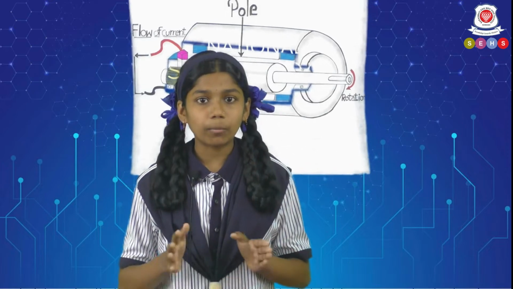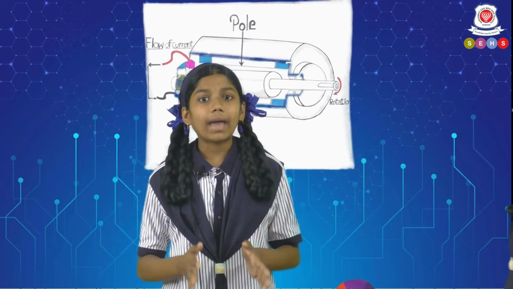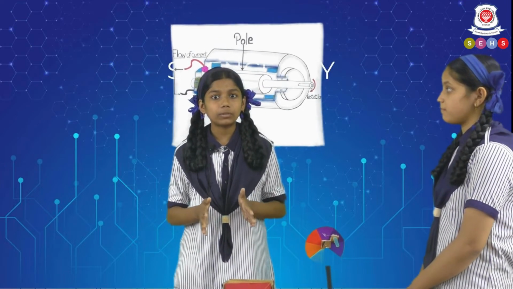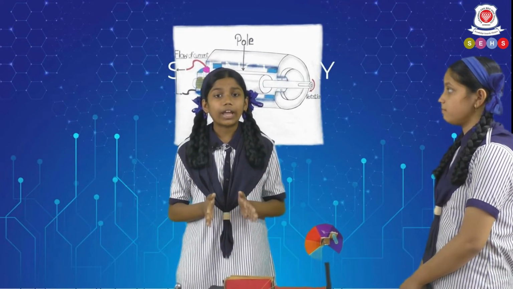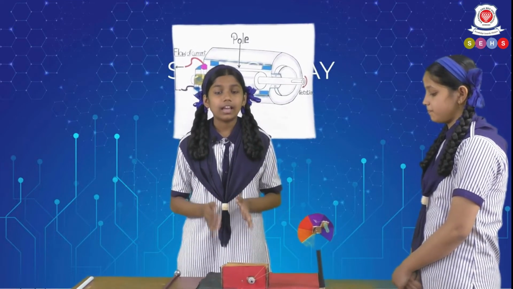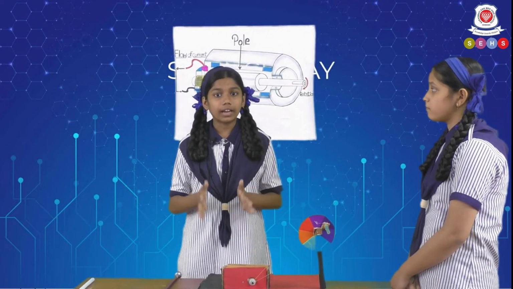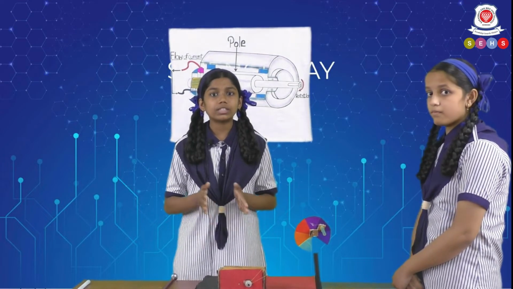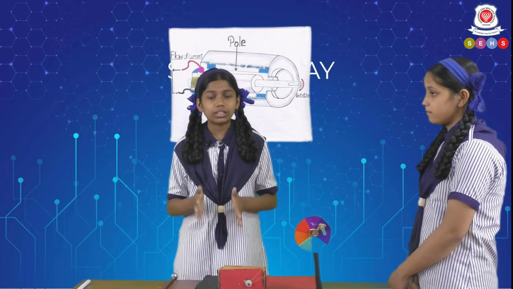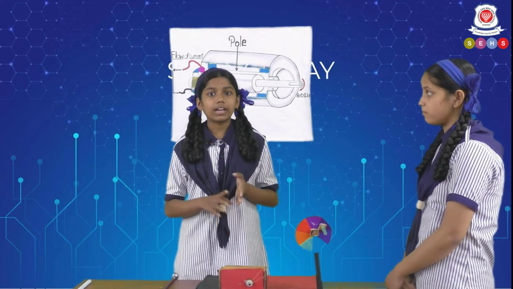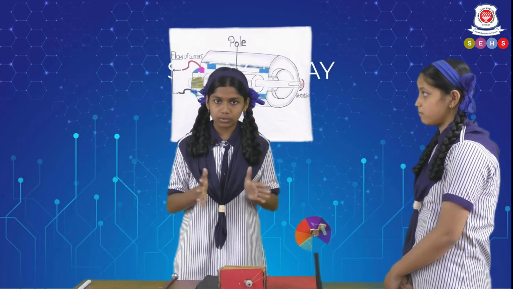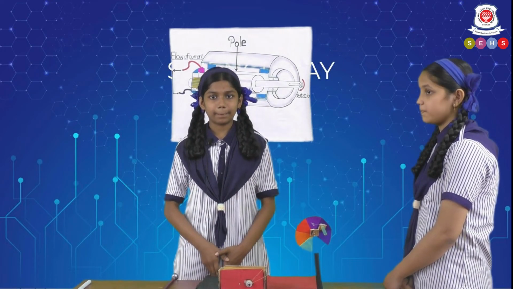So when we rotate the motor in the opposite direction, electricity is generated instead of consuming electricity. As the LED is connected to the terminals, the electricity produced is consumed by the LED. So these are some principles that are used in thermal, nuclear power, etc. So we can conclude that a DC generator and a DC motor work opposite of each other. Thank you.